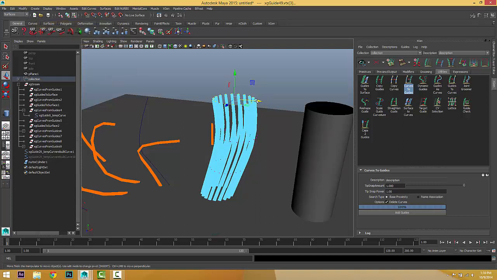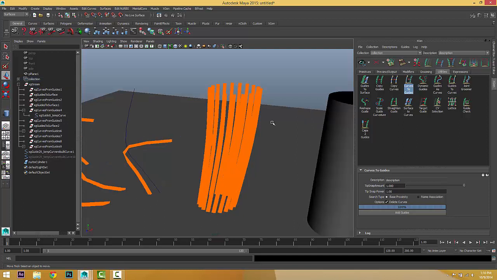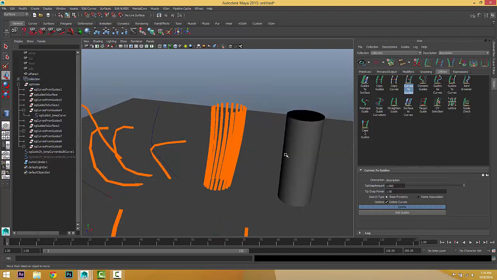So we created a bunch of guides very quickly from that. Even if we have a surface, we can create as many guides as we want from that surface.